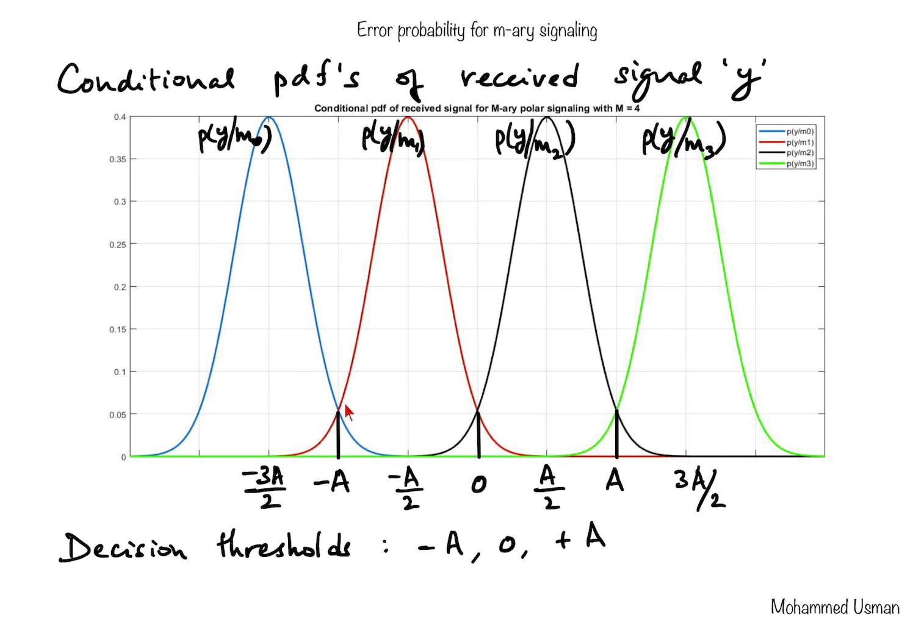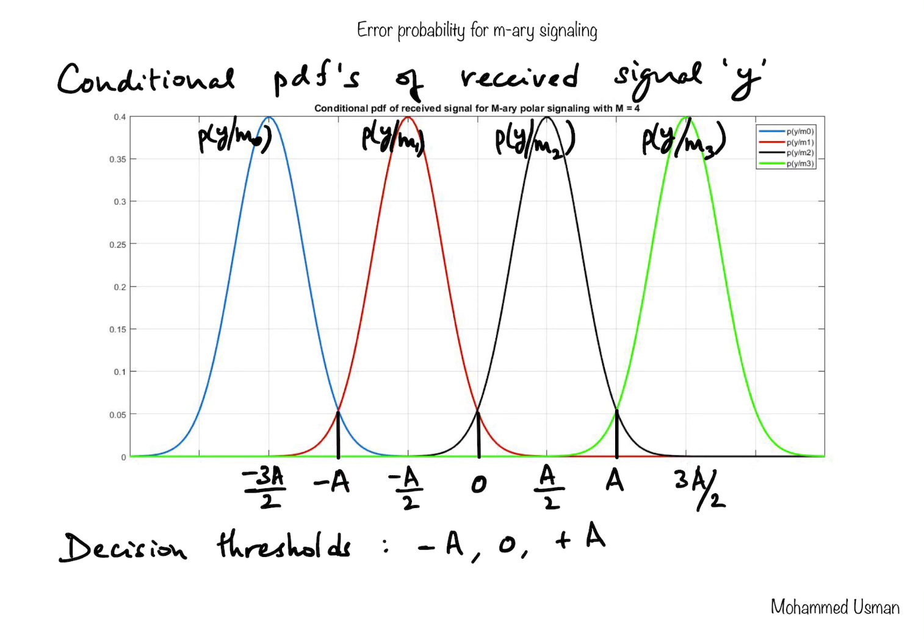This blue curve, the PDF of the received signal when M0 is transmitted, has the highest area on the left hand side of minus A. So M0 has more probability of being transmitted when the received signal Y is